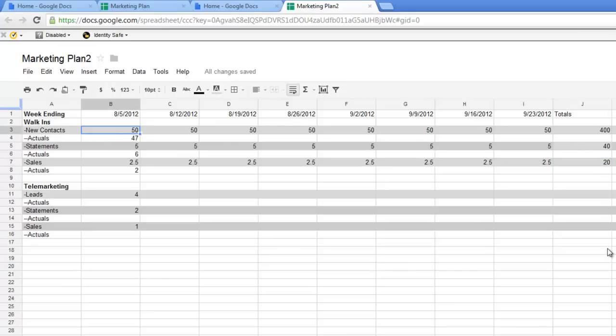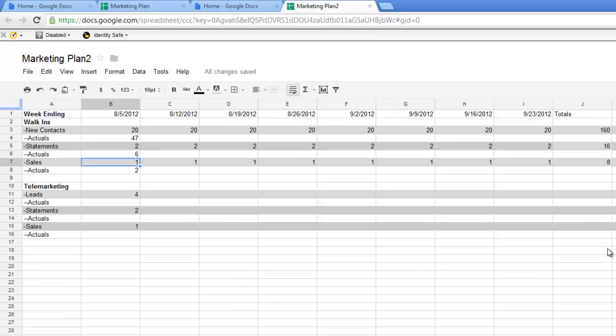But notice what we can do. We can now take this one cell and change it to 60, and we can see the impact of that, okay? If we do 60 contacts a week, we're going to get 24 sales, okay? What if we make 100 contacts a week? Well, we're going to have double the number. We're going to have 40 sales. What if we went down, and what if we were only able to make 20 contacts a week? All right, well, now we see we're only going to make about 1 sale a week